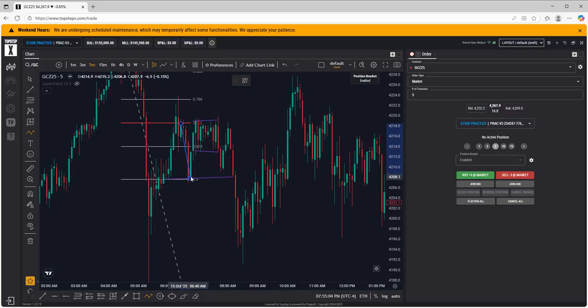Push down, creates liquidity, sweep. Fails to make a new high, because this is my previous high. Market starts consolidating. Boom. More liquidity, swept. Reverse, fails to make a new high. Tank. Now, we still have liquidity up here to get swept out, which finally works its way back to sweep